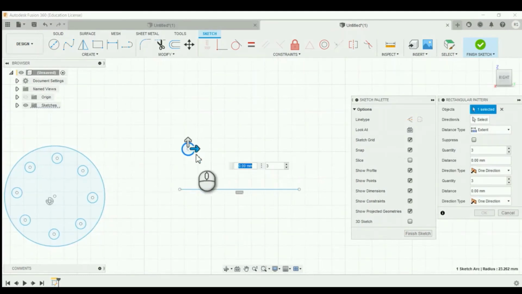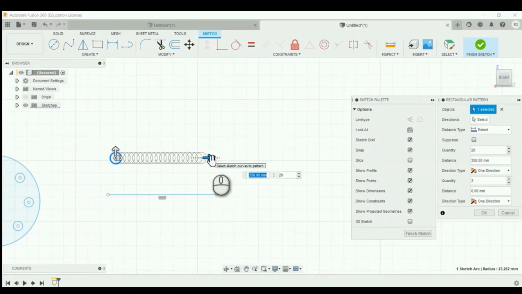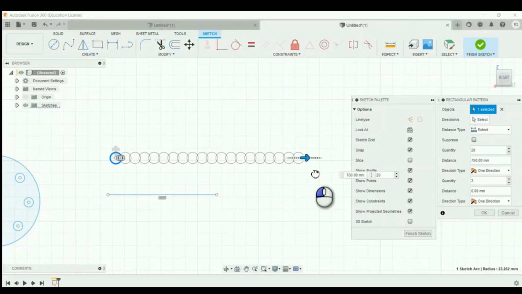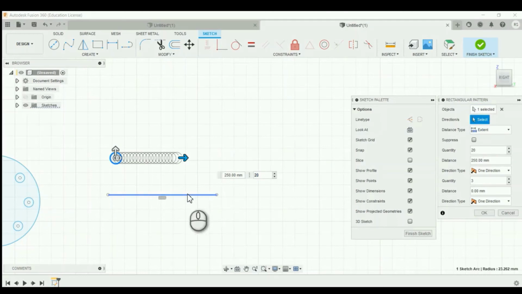Quantity, I give 20. After that you can manually pull the manipulator to place it. Also you can click direction and then click the line like this. You can also place it.